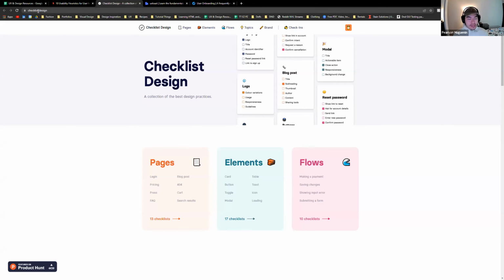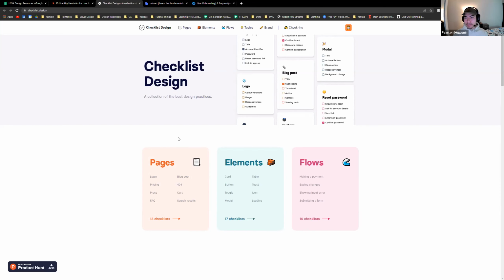So I want to share those with you guys because I think they're really useful tools to have, and they break down what UX means and what UI can do to help your product. They break them down really well. So I'm going to share my screen and go through a couple of these tools. The first one is checklist.design, and I'll share these in the chat if anybody would like to follow along. This first one is just a way for me to quickly go over certain pages and